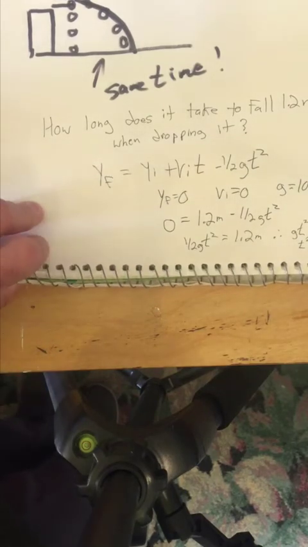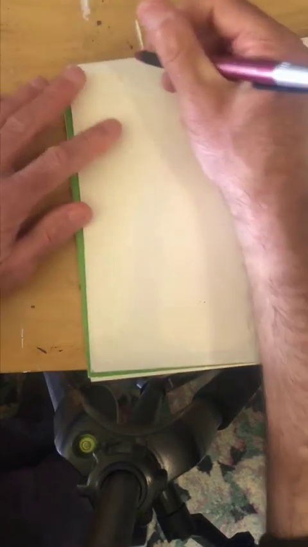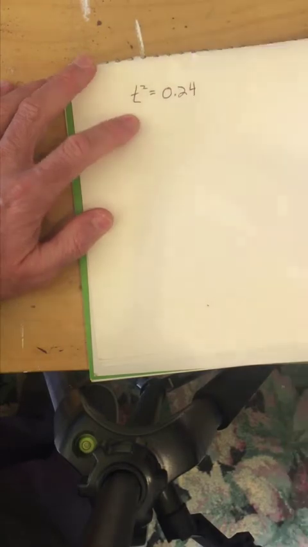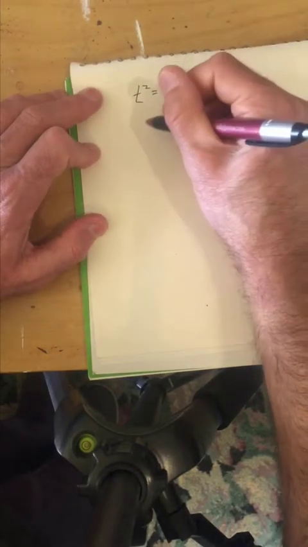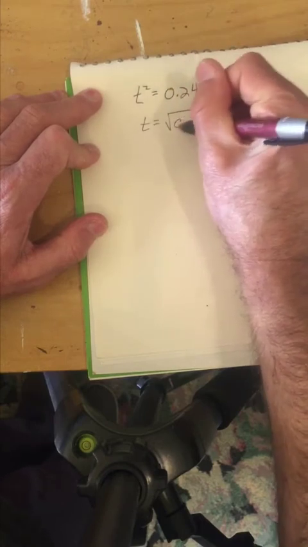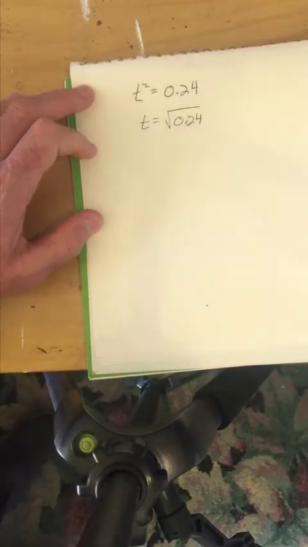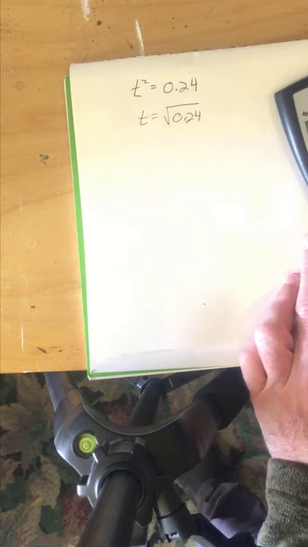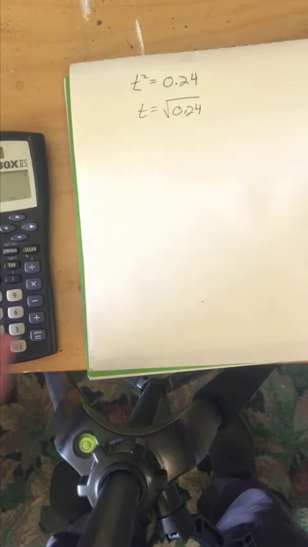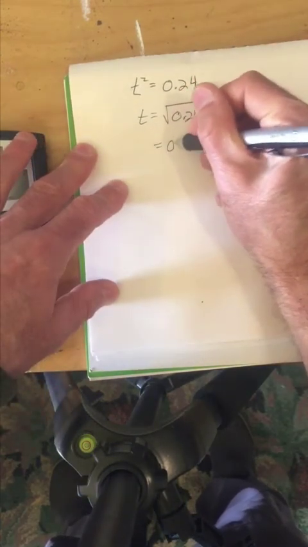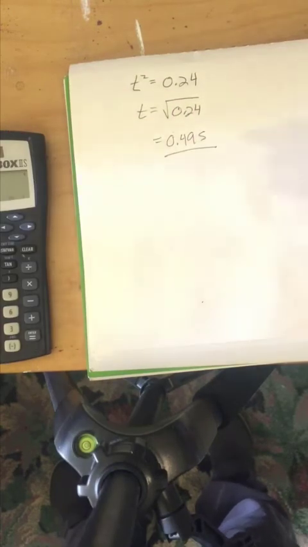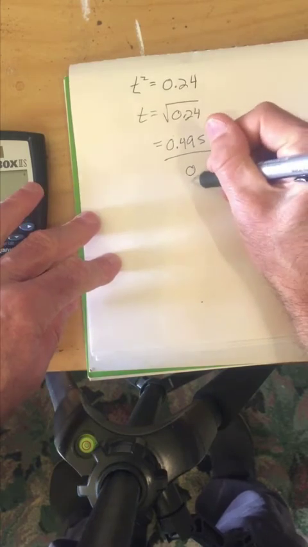I'm going to repeat this on the next page. So we have t squared equals 0.24. All right, so we need to find the square root of 0.24. Go into my calculator or into Excel if you prefer. Okay, square root of 0.24, I get 0.49 seconds. Great. So that's how long it's going to take for an object that I've just dropped to fall